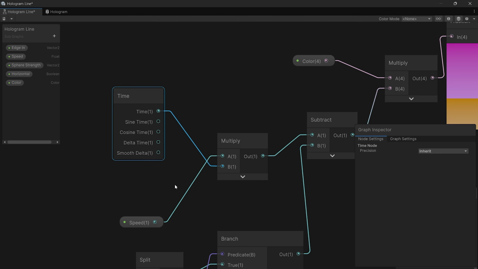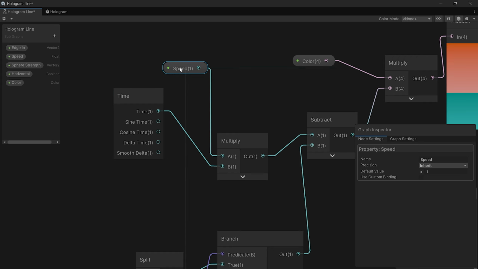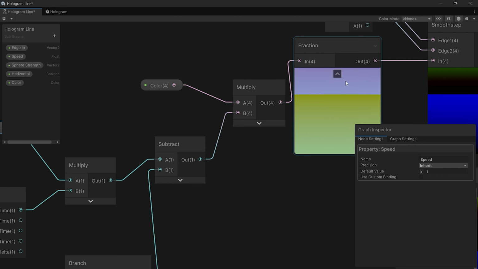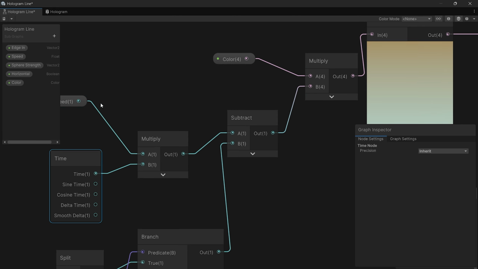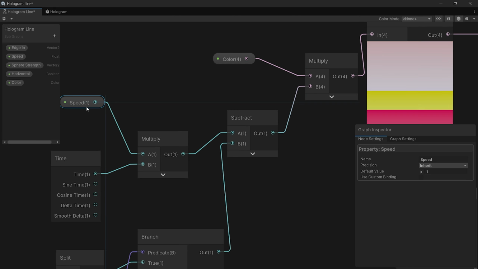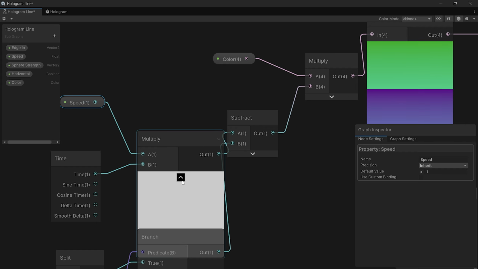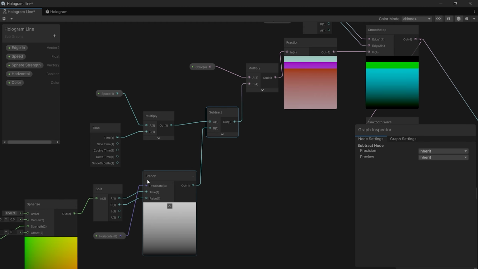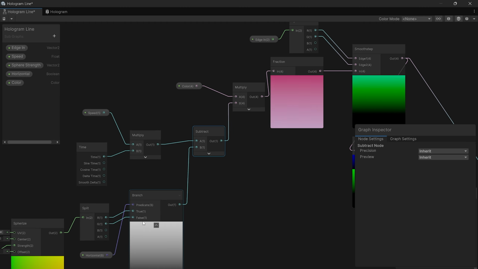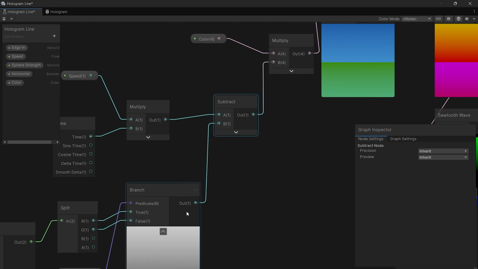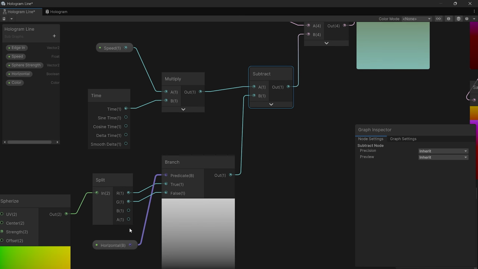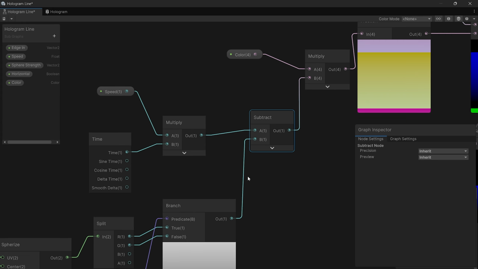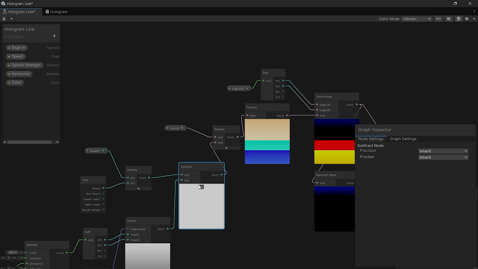And then here we have a basic time node, all right, and the speed controls how fast each line goes, and then the time is what actually makes the line move up. So you are basically just multiplying these two values. And then here we are, so once we actually finish our check here, whether or not we want it horizontal or vertical, we subtract the time from the branch. All right,